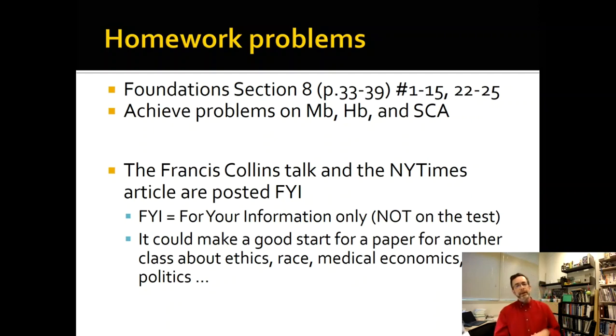Okay, so that's why I wanted to add this, so I could go on a little bit about the important parts. But the most important, the looming, proximal problem that you have is what the test is going to be like, which is going to be on Wednesday. So finish up the foundations work that we have. And we have the Achieve problems. Now that you can do all the problems on Achieve, we've talked about all of them. So work your way through them. Look at the extended solutions when you need to. And get those done sooner rather than later.